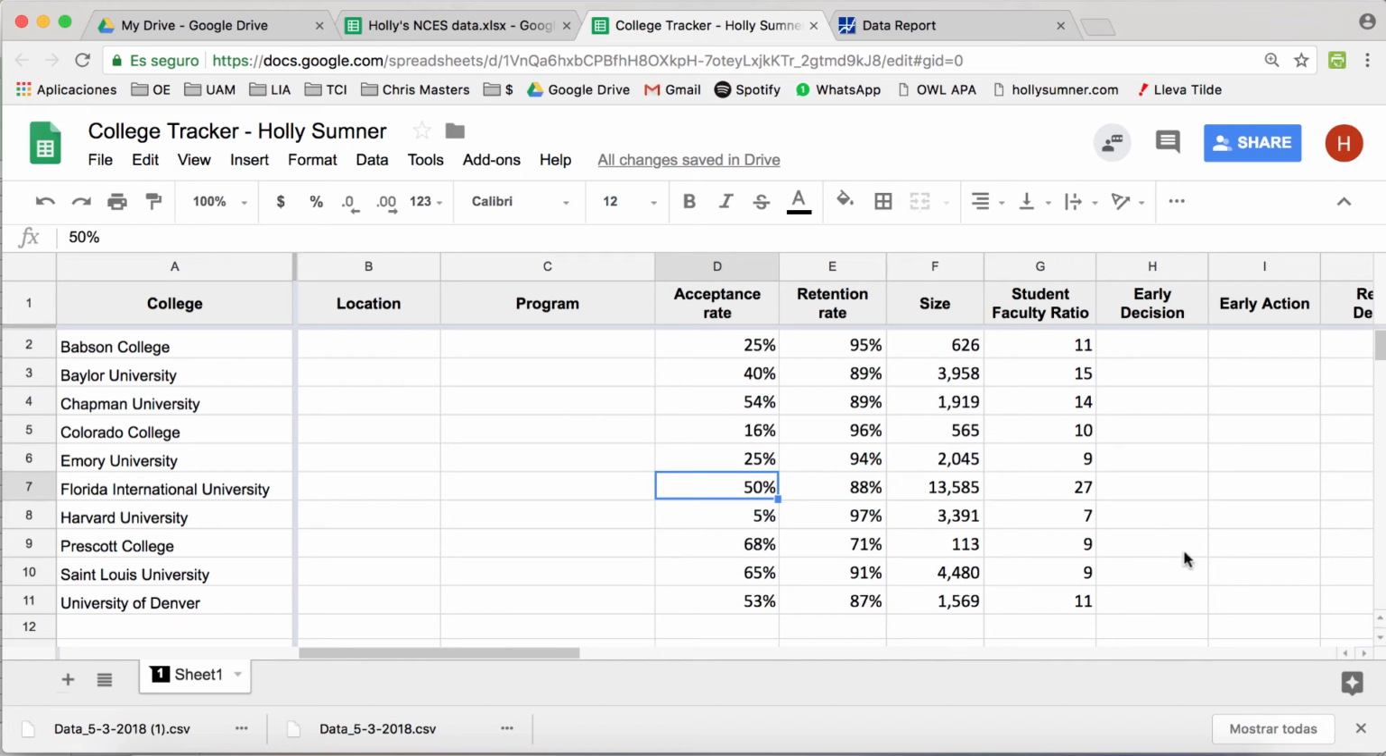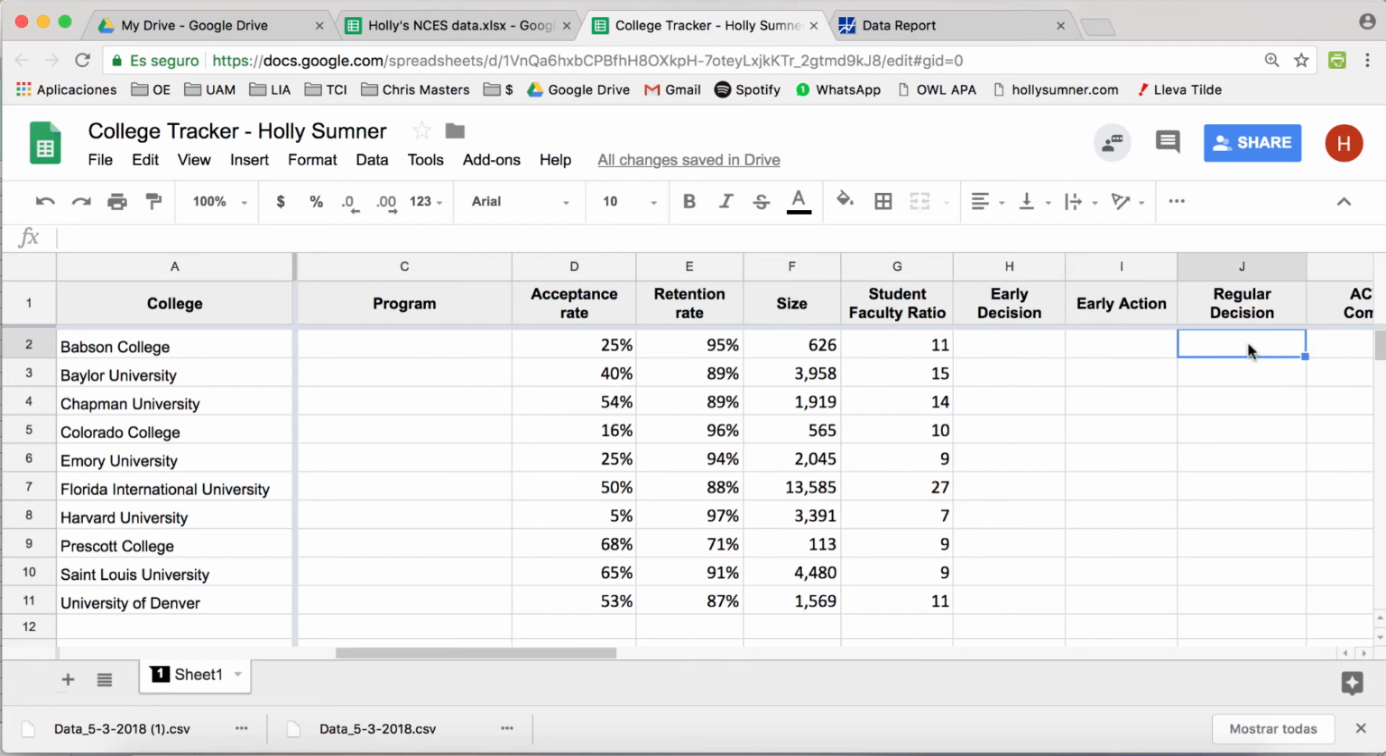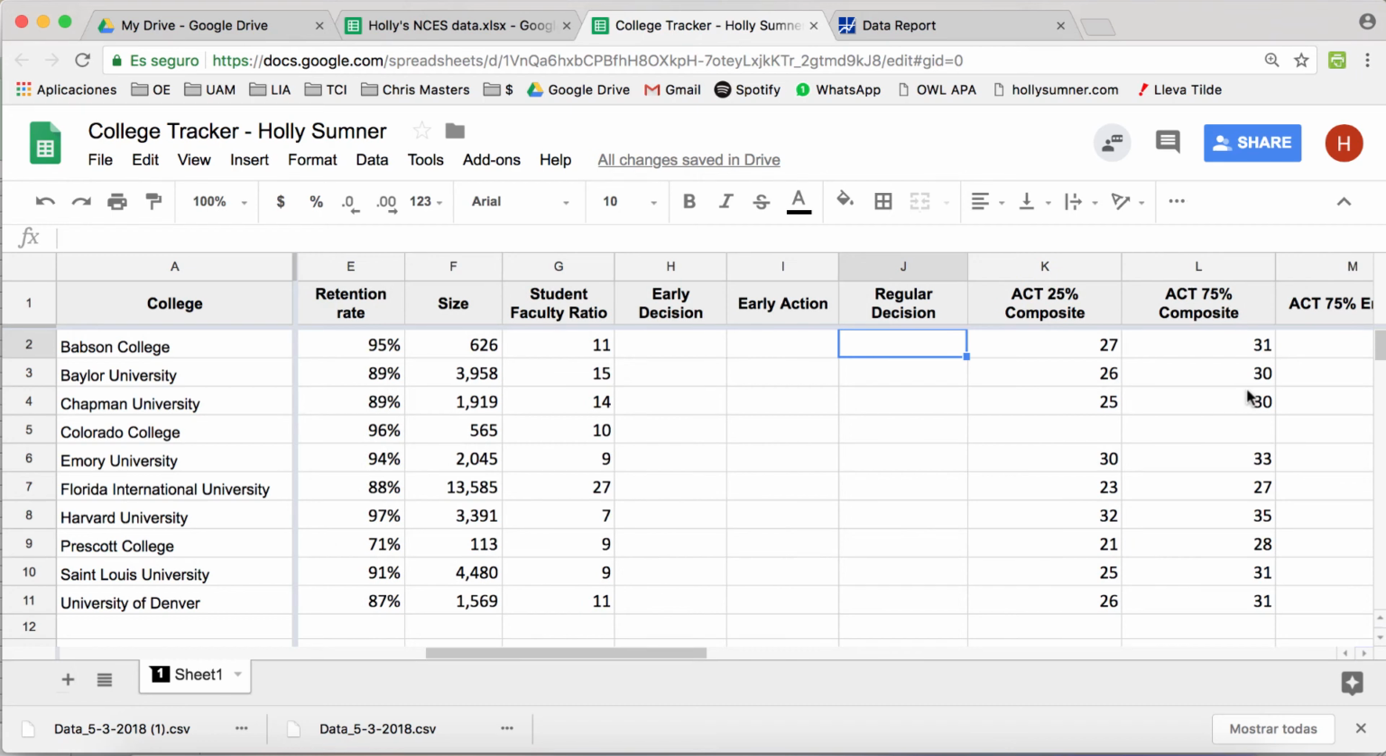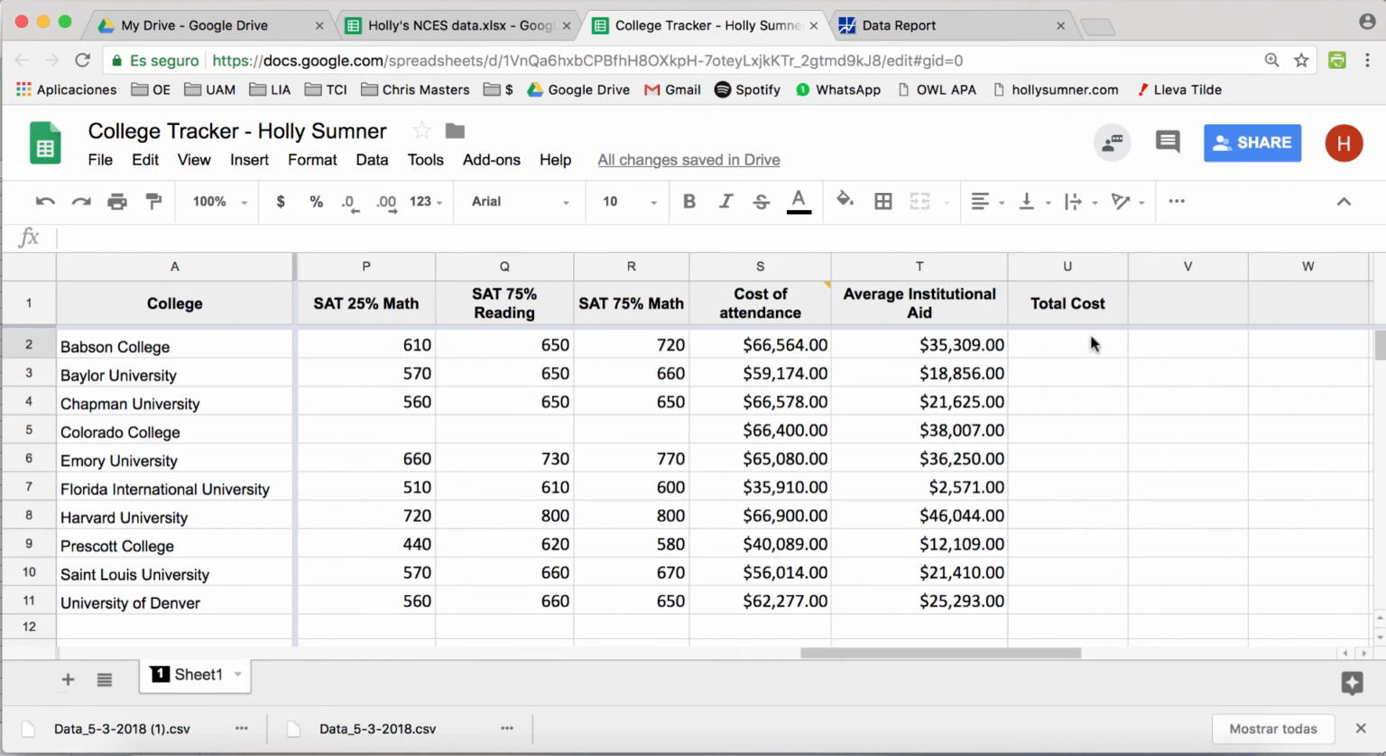Once your data looks correct, you're going to go ahead and search for all of these things that we could not find on IPEDS. Thankfully, it's not that much information, but we are looking for location, program, early decision, early action, regular decision. And we're also going to take a second to calculate the total cost. So we're going to do that by creating a formula, which you can do by entering the equal sign, clicking the cost of attendance, entering a minus sign, and clicking the average institutional aid, which will give us a total cost in this example of